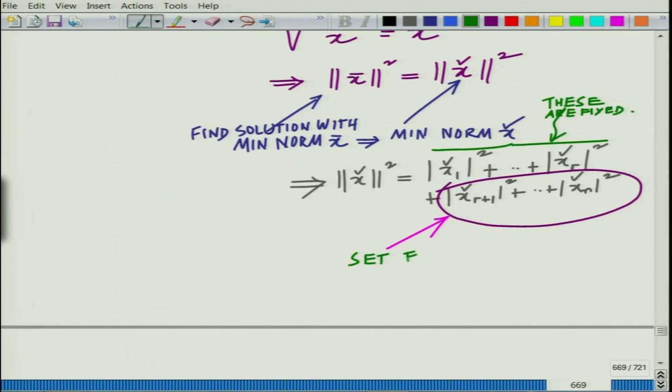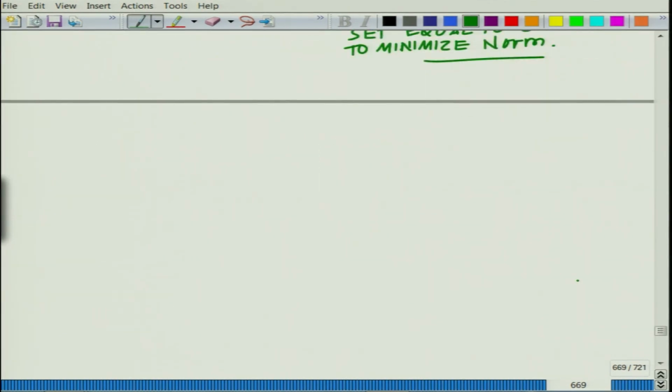These you set equal to 0 to minimize the norm, implies we get, now finally we get, what do we get? We get x check,